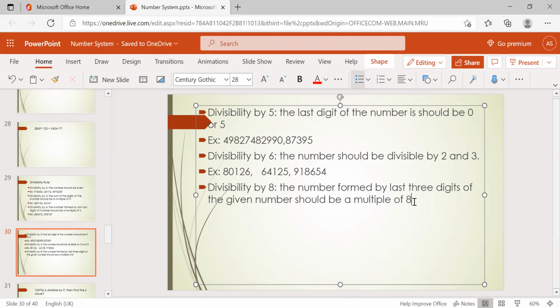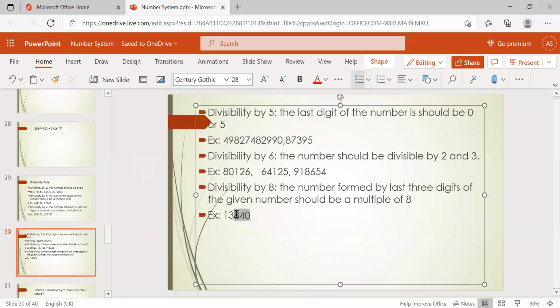Now, for example, we'll check this example. 1, 3, 8, 4, 0. Now we are going to check this one.